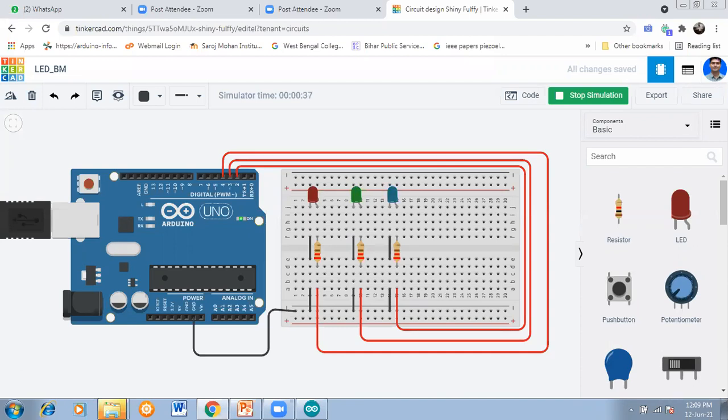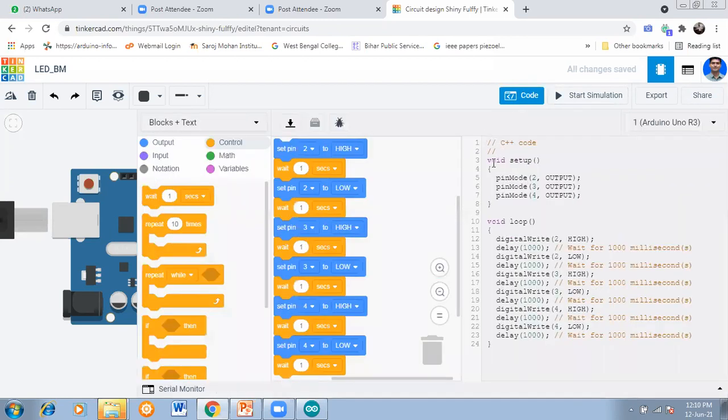Okay, so it's an interesting and beautiful platform. There was a problem with the hardware because this is happening at a distance, online. So the beauty of this code is that you keep it, and when you have an LED and when you have an Arduino Uno, you can have that code. And you can use all these codes when you have the hardware. So you can implement all these codes for the real-time design also.